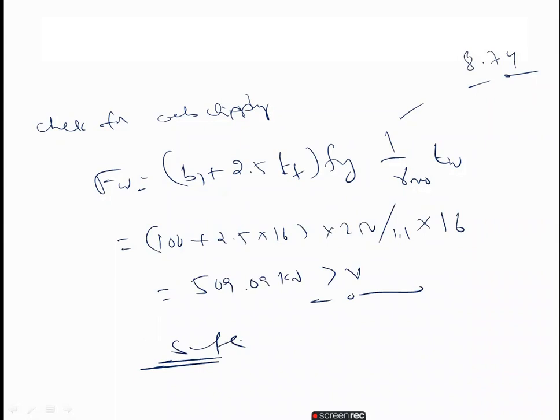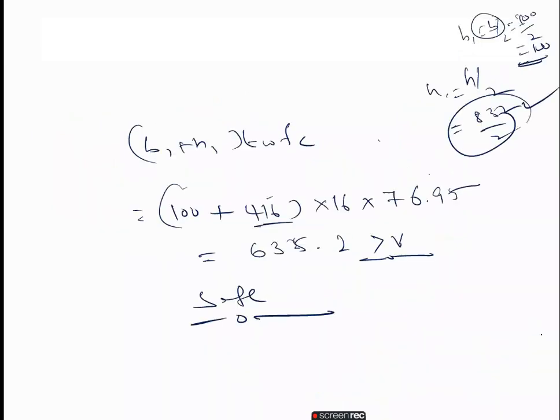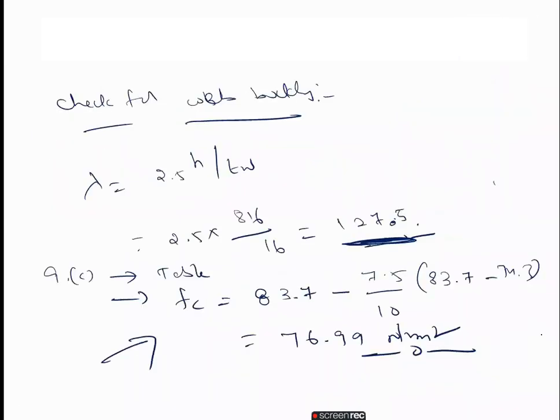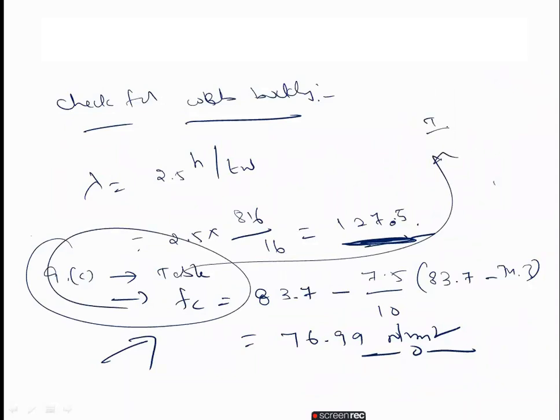Hence, we now conclude the load carrying capacity value is 119.38 kilonewton per meter. This 119 means we got a W value. Now maybe you will get stuck on how we calculate this from table number 9C. This is the interpolation value for this 127. I will show the code book also. Please wait for a while.